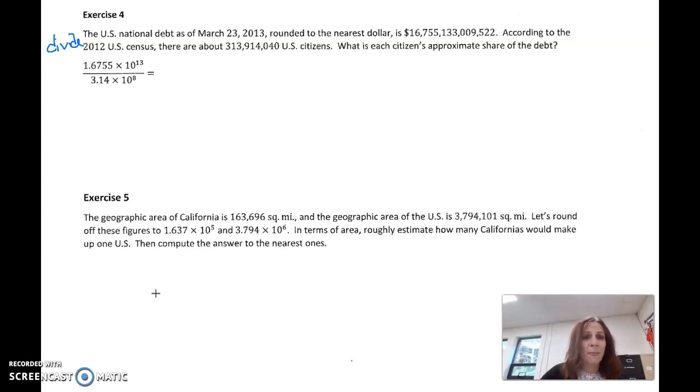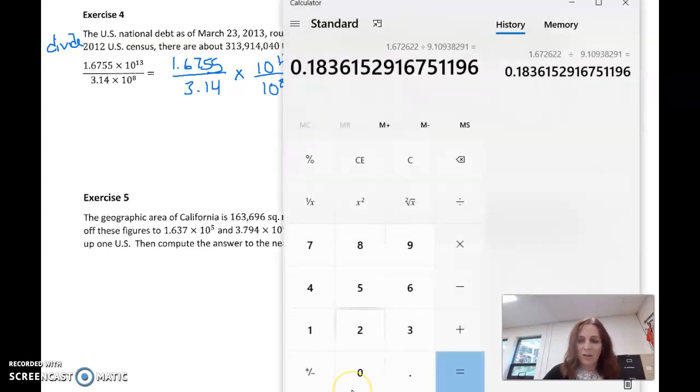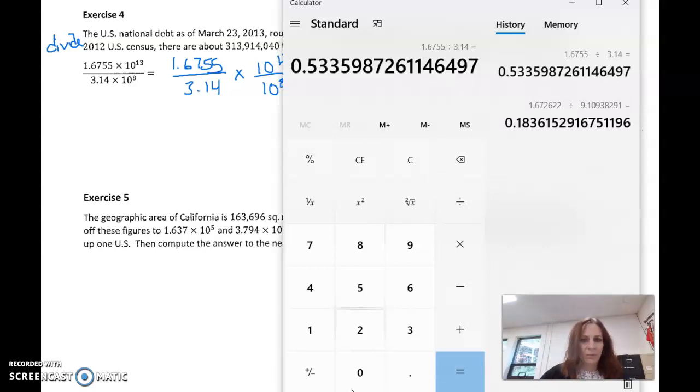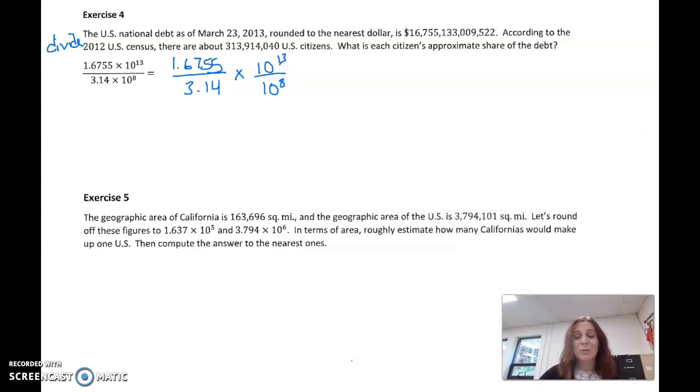So like we've been doing, I'm going to break this up. 1.6755 over 3.14. Already had it set up like that. Times 10 to the 13th over 10 to the 8th. So again, using a calculator, we're going to do some approximating. And this is the purpose of scientific notation. It doesn't need to be down to the penny for something like this when we want the approximate share of the debt. So we're going to say it's approximately equal to